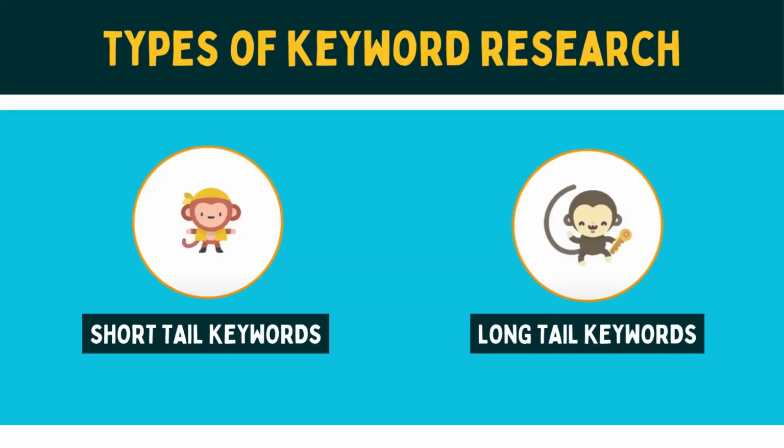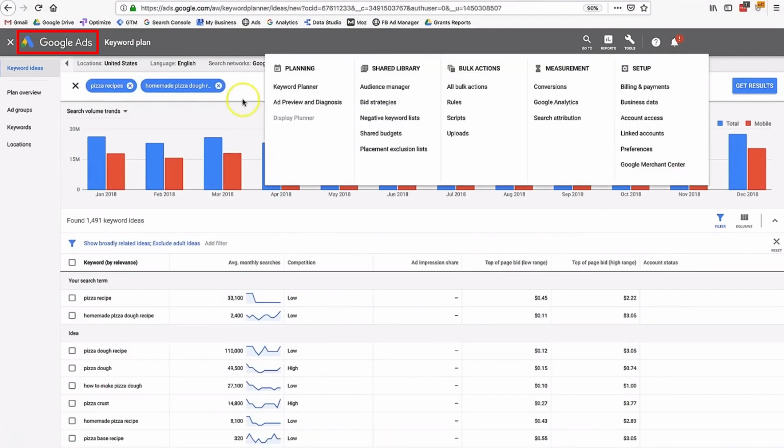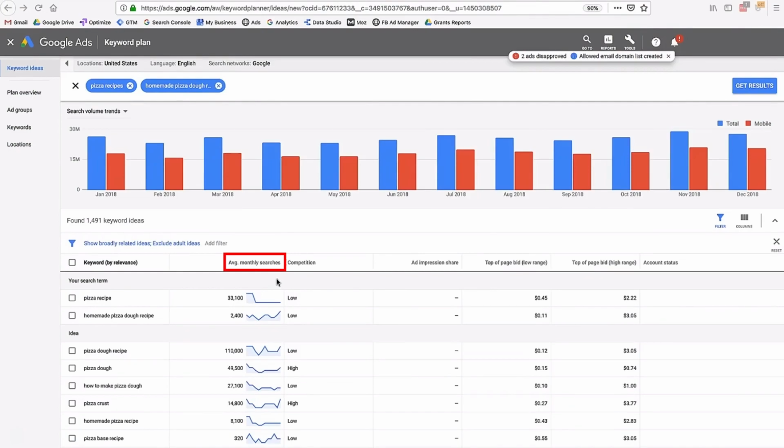To highlight the differences between a short-tail keyword and a long-tail keyword, let's consider an example using Google's Keyword Planner tool. This tool can be accessed within the Google Ads platform. To find it, navigate to the Google Ads platform and click on Tools, followed by Keyword Planner. The purpose of the Keyword Planner is to provide insights into the search volume associated with specific keywords. Google's Keyword Planner tool displays the average monthly search volume for a keyword based on the data from the past